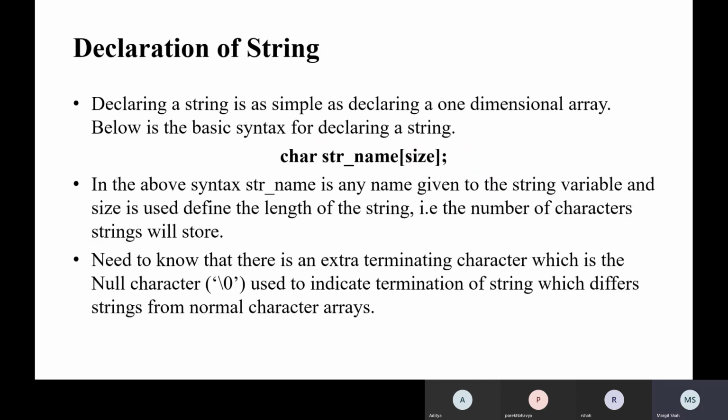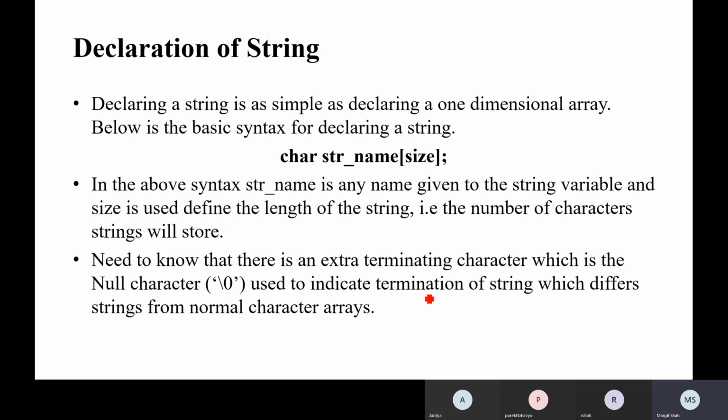Declaration of string. Declaring a string is as simple as declaring a one-dimensional array. Below is the basic syntax for declaring a string: char str_name[size]. In the above syntax, str_name is any name given to the string variable, and size is used to define the length of the string, the number of characters the string will store.